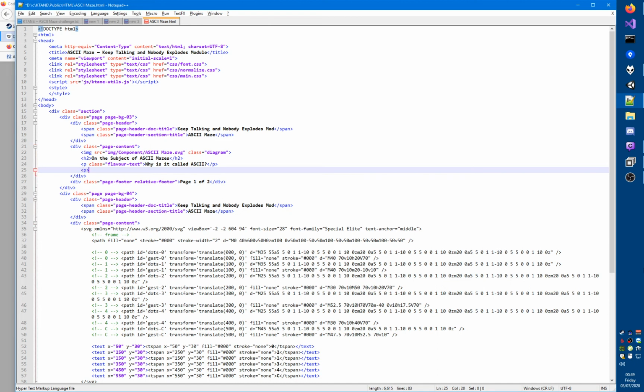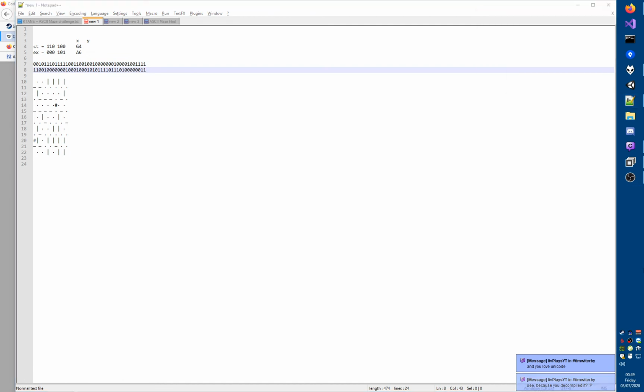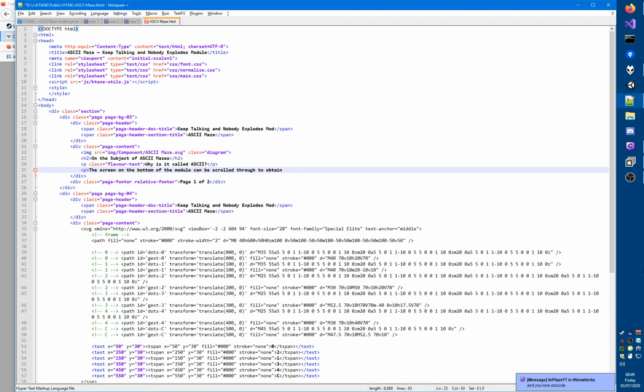So first of all, the screen on the bottom of the module can be scrolled through to obtain how many characters are there. Let's see, we have 42 times 2 plus 6 twice divided by 8 is 12, right? The screen on the bottom of the module can be scrolled through to obtain 12 characters, which are